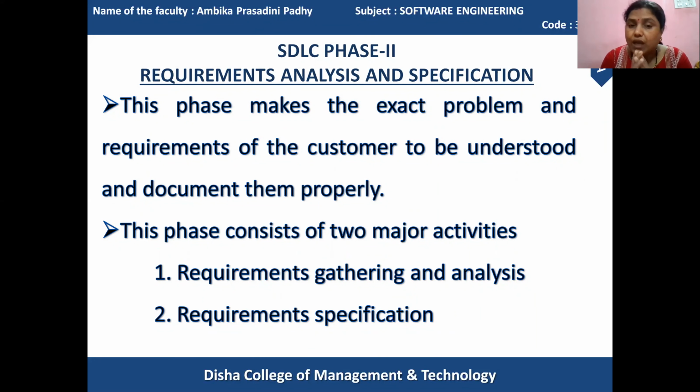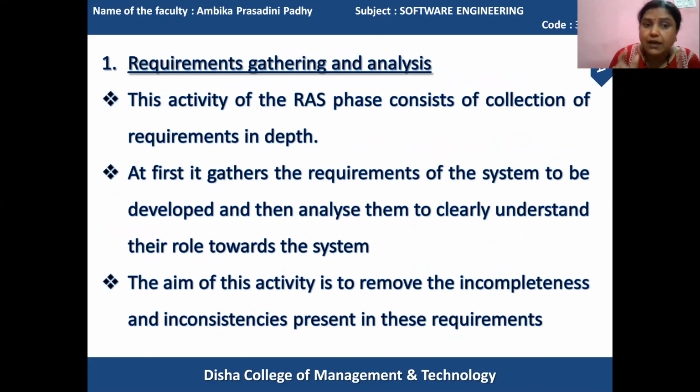In requirement analysis and specification, the requirements will be perfectly collected and analyzed. Collection is what we call gathering, and analysis identifies the real system's needs and removes the inconsistent requirements, making the system requirements completely identified. When it is gathered and analyzed, then only can the requirements be complete, proper, and really usable by the user for the rest of the development process.